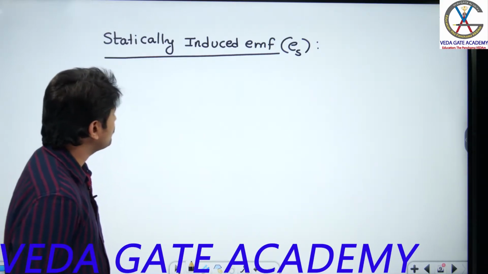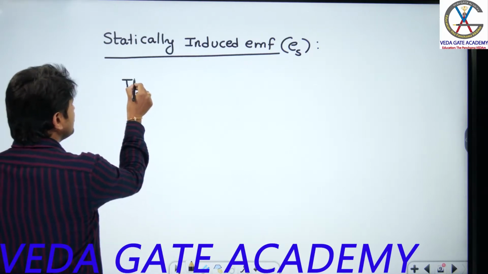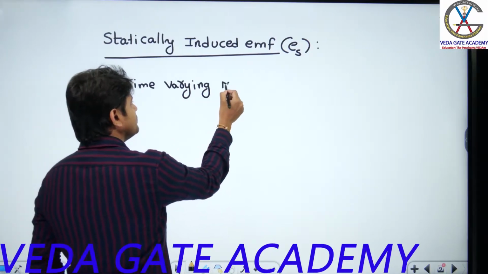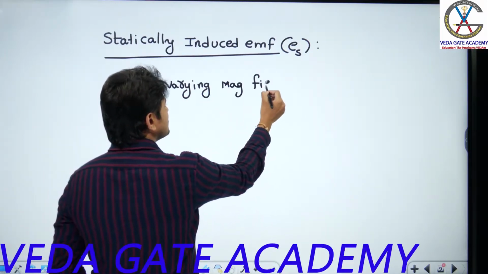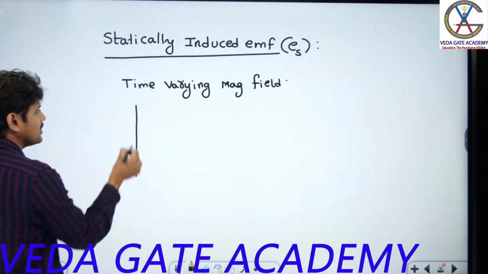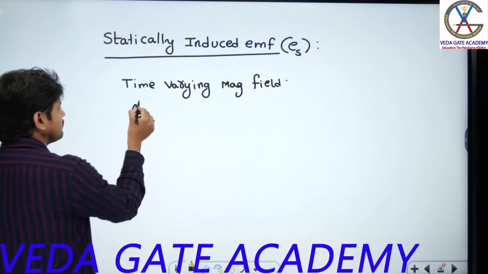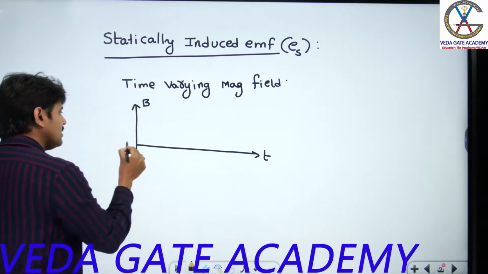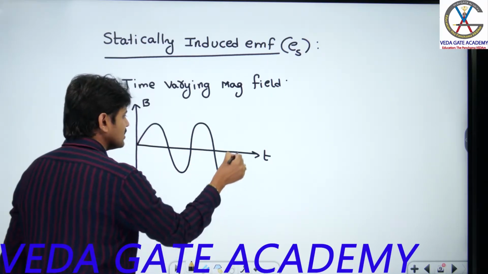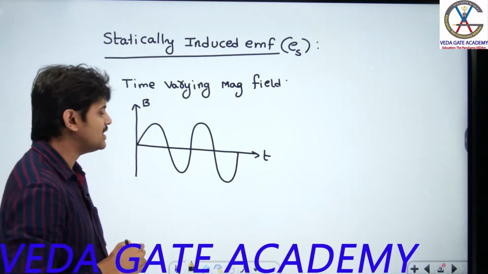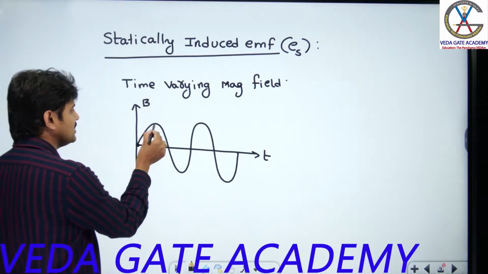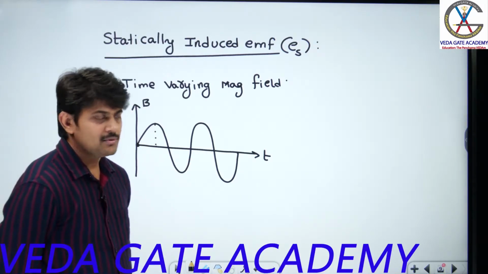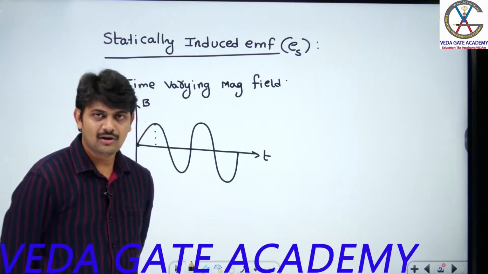Okay, right? Now here, I am using the term time varying magnetic field. So what is the meaning of a time varying magnetic field? It means my magnetic field is varying with respect to time. If you represent it graphically, assuming flux density B, draw the graph with respect to time. If I assume a sinusoidal fashion, my flux magnitude varies with respect to time. At t equal to 0, this is the magnitude. At some later time, this is my magnitude. And after that, it keeps on changing with respect to time. Such a magnetic field we can call a time varying magnetic field.